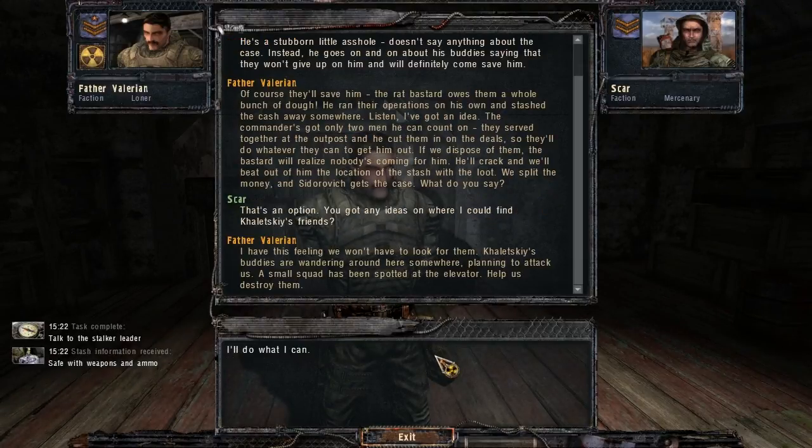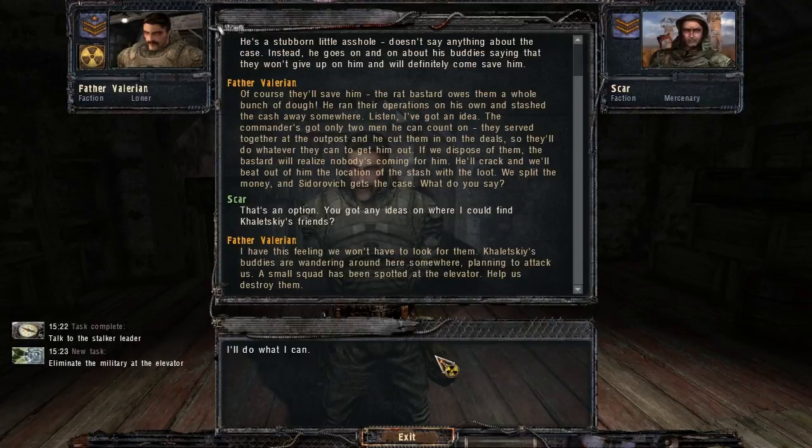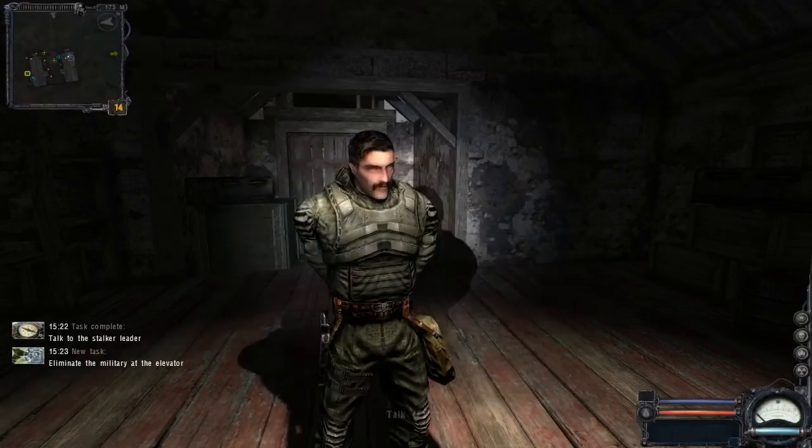I have this feeling we won't have to look for them. Khaletsky's buddies are wandering around here somewhere planning to attack us. A small squad has been spotted at the...